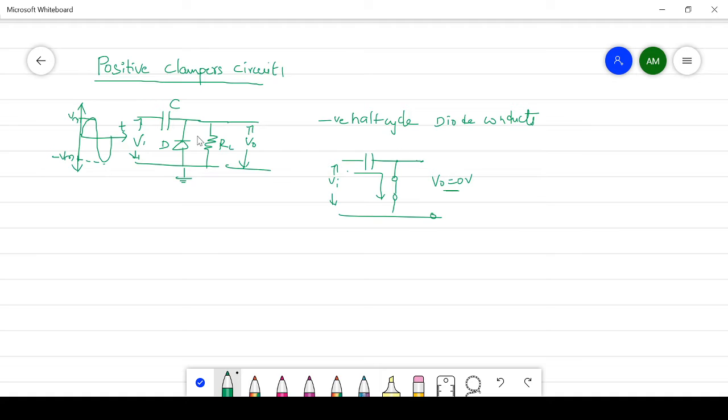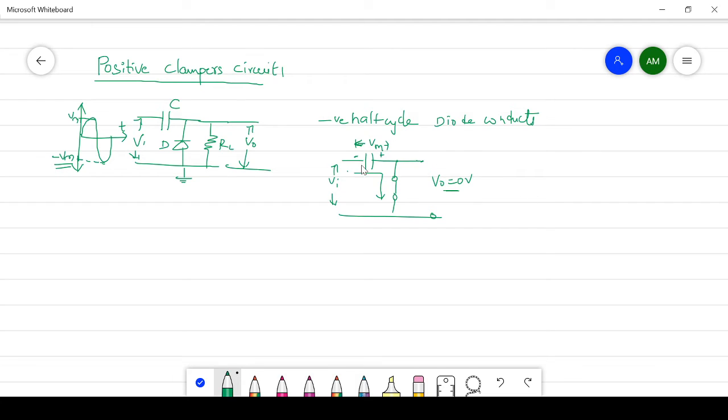That is, what is the peak value of the input signal? Here we are applying the negative half cycle now. What is the maximum peak value of the negative half cycle? Vm. So here it stored the charges, that is, the negative half cycle of the input signal. It stores the charge in the opposite direction, up to Vm only. So that is the maximum peak value.